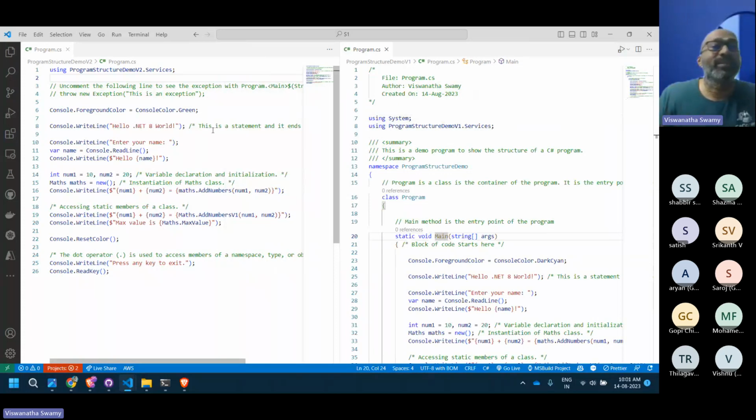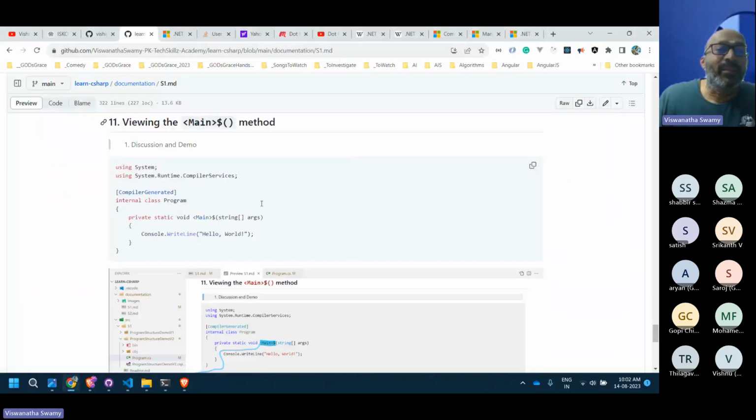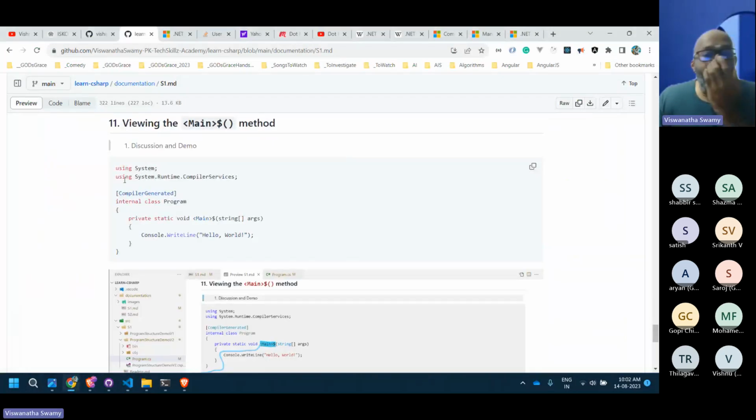That's a very good question. We didn't write the main method explicitly, but someone else is generating it. First, I'll show you how that automatically generated main method will look.